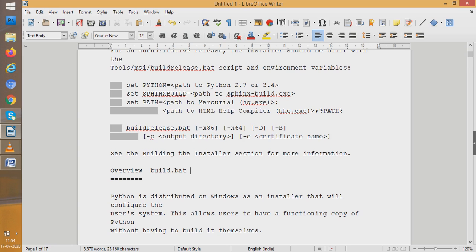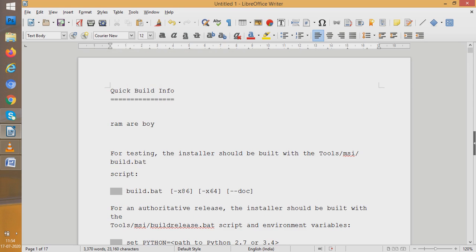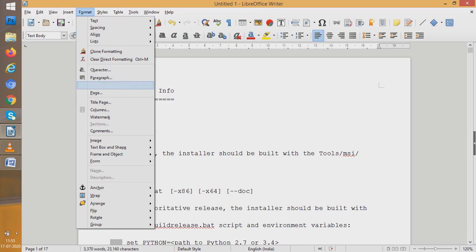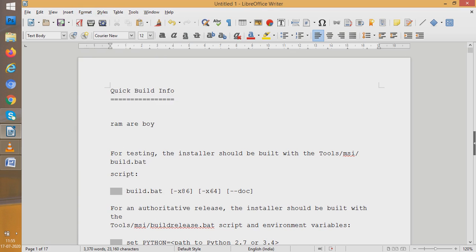Now students, what we will do is, we'll understand formatting of text. Now how do we format a text? That means how do we make the text attractive? So we can do many things to format the text, and we can use anything. See, there is a format option. We can use format option to do a lot of things. And with that we also have a formatting toolbar here. This toolbar can also be used.